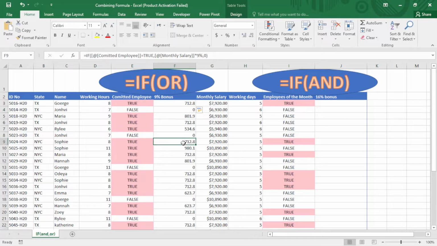You can see it works magically, and the first one gets $712 as bonus. And here we can do the same thing for the employee of the month. The employee of the month gets a 16% bonus. So